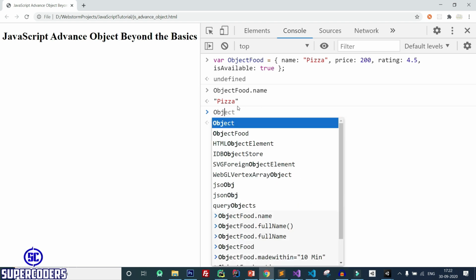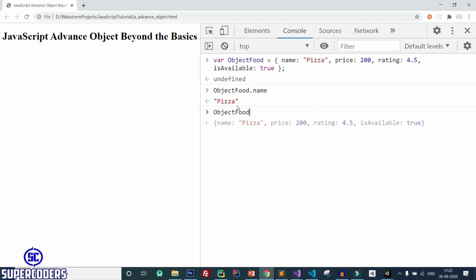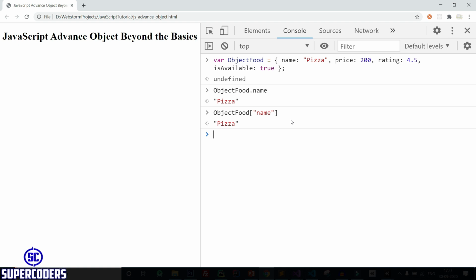this: object food, then square bracket. After that, let's pass the key name, so name, and you can see you can access this value. So you can also use this way to access the value of JavaScript objects. Generally, sometimes we are passing extra space or extra types of data in our JavaScript objects. Suppose that we are passing data like